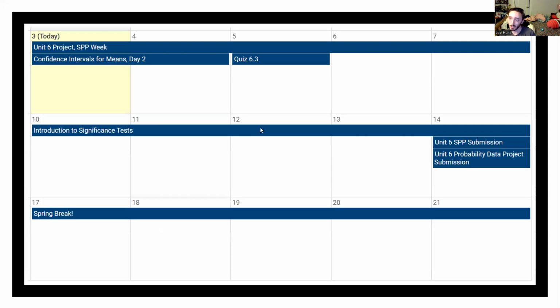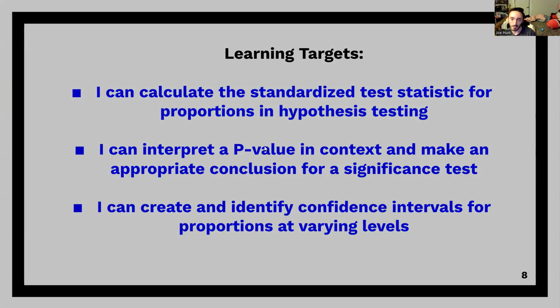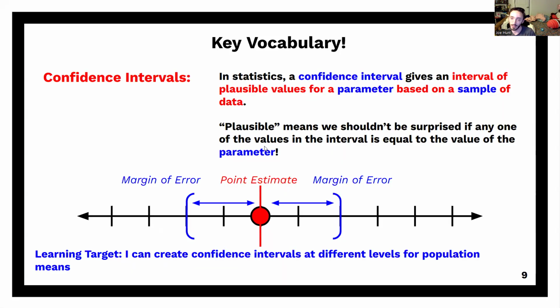Yeah, we got spring break coming up next week. So we're going to start wrapping things up for Unit 6 here. We're going to get our quiz retakes and makeups knocked out. We're going to finish out the classwork, the SPP, get the project done. Today, you guys are just working with your group mates to finalize the efforts to build out these confidence intervals for some of these different projects and the topics that you guys are working with.